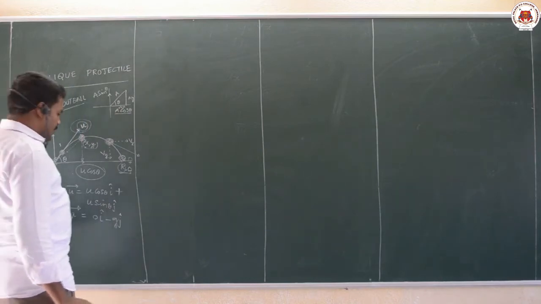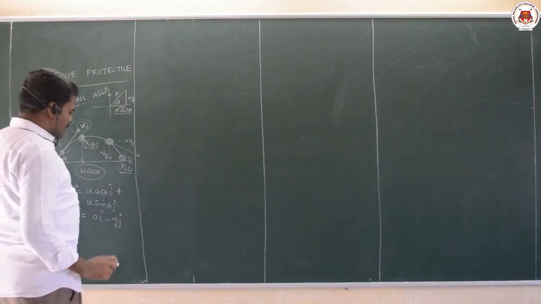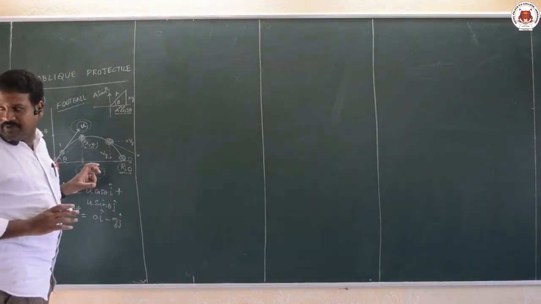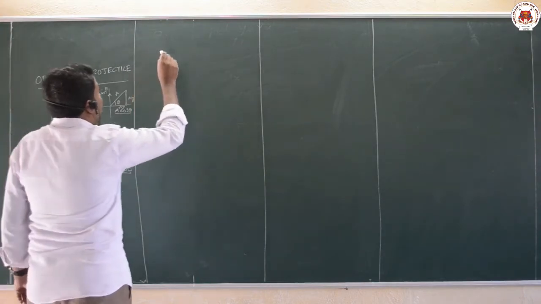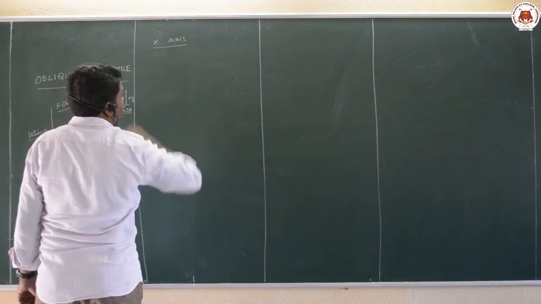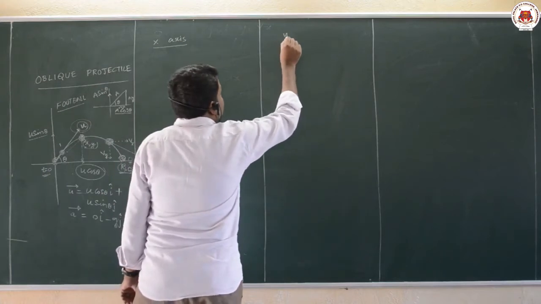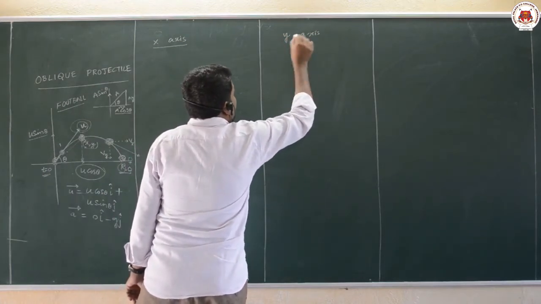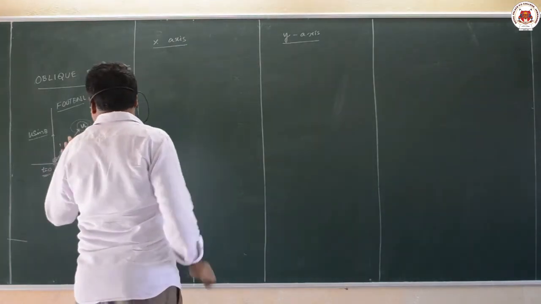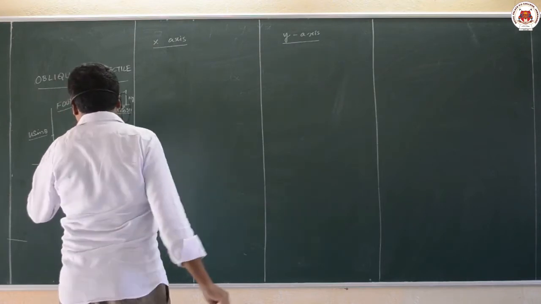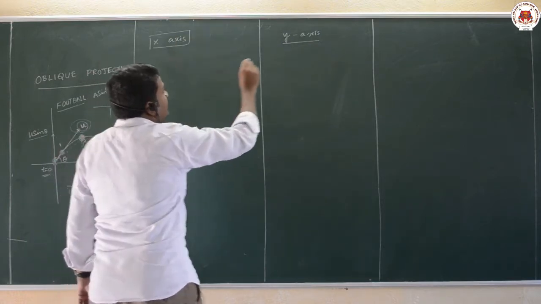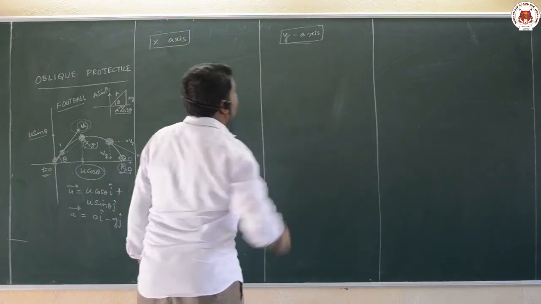Okay. Next, if I consider the displacement, now we know initial velocity and acceleration. Now we have to find the displacements along x axis and y axis, and the velocities along x axis as well as y axis. If you split this projectile motion into two parts, along x and along y, and if you find the position of this body after some time t, and the velocity of the body after some time t, then you can solve any kind of question that is asked in projectile motion from CET level to IIT level.